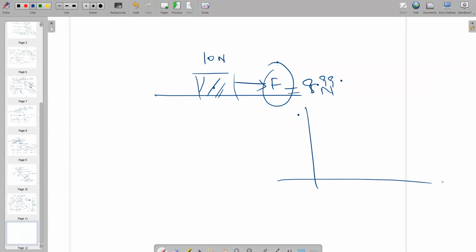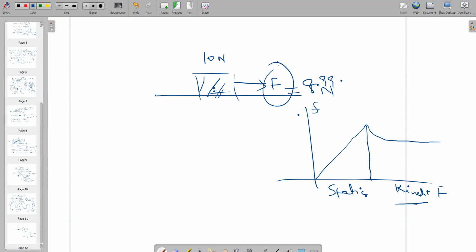So here you can see a graph between the applied force and the force of friction. It is like this one. If you are applying 9.99, it is not moving, but at this point the maximum is reached. But when you apply a force of 10 Newton, it is balanced and not moving. When you apply a force more than 10 Newton, it will move and its frictional force will decrease, and it will be like this. So this portion is called static, meaning the body is not moving, and this portion is called kinetic.